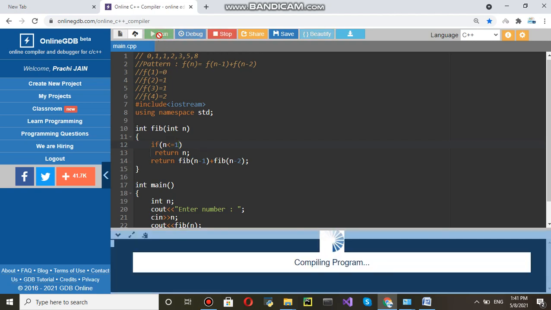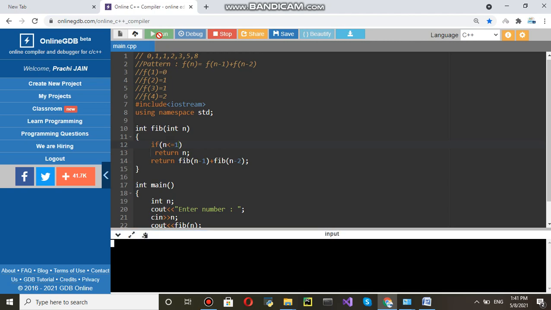Now let's try to run this program. Enter a number. Suppose I am entering 3, then enter. You are getting 2. Why are you getting 2? Because 3 means this is 0, 1, 2, 3, so it is taking the third, starting from 0, not starting from 1.